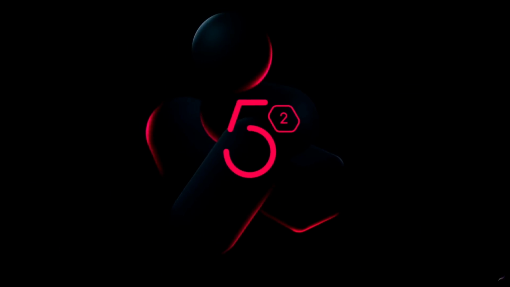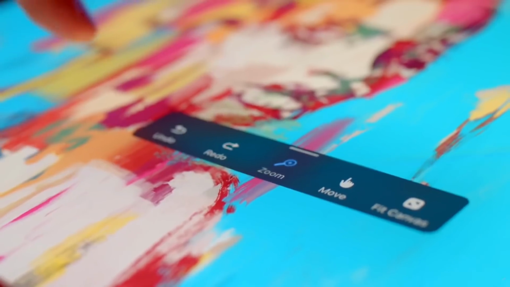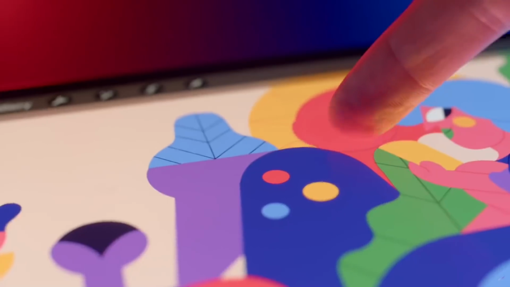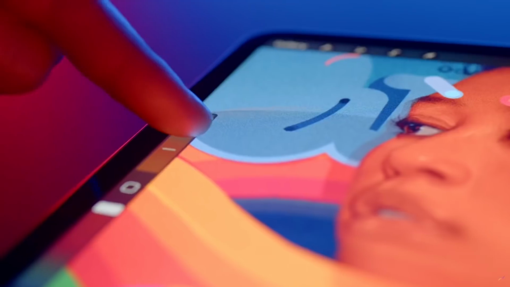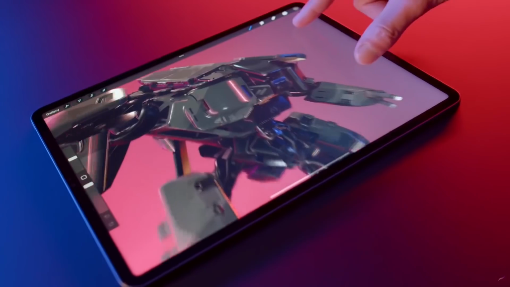Hey, what's up guys, Lucas here. Today we are going to have a look at Procreate 5.2 and I have to tell you, it is an amazing update. It is not only filled with a bunch of new little things that make the life of 2D artists easier, but also it has the big, nice, beautiful thing that everyone is talking about, that is 3D painting. We're gonna have a look at it and we are going to have a look at all of those other nice features of Procreate, including, at the end, my favorite, the one that I am most thankful that they included